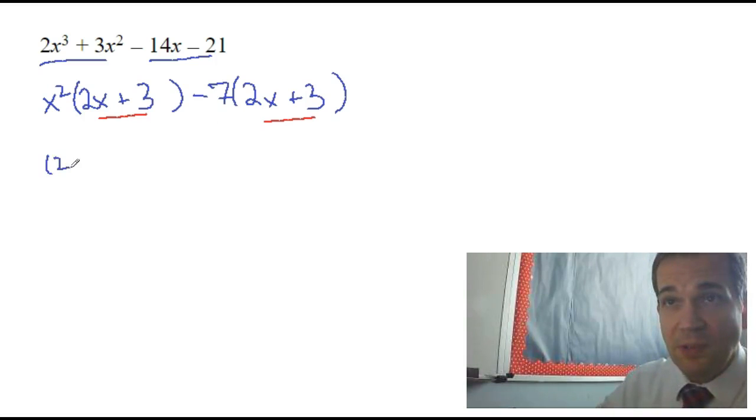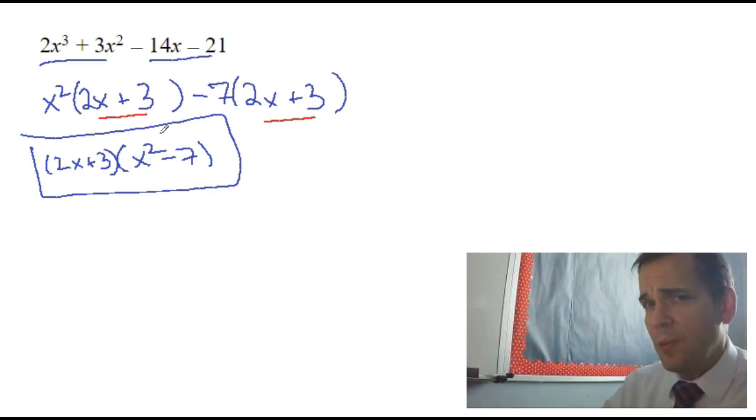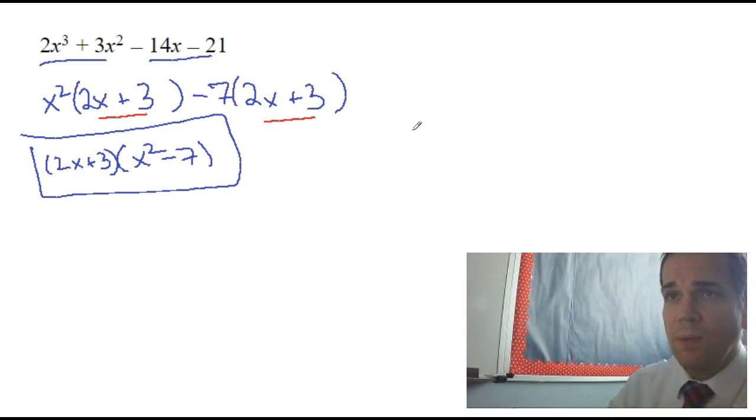I can factor 2x plus 3 out of both parts. And then if I factor this 2x plus 3 away, I'm left with x squared, and over here with a negative 7. If this last maneuver is still bothering you, I want you to think about what we talked